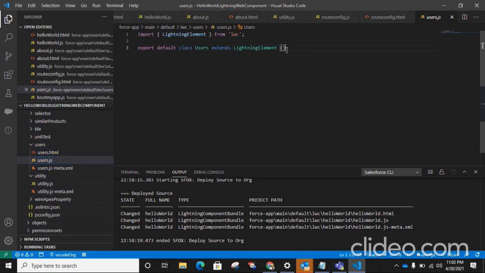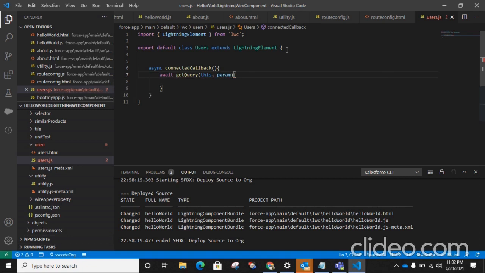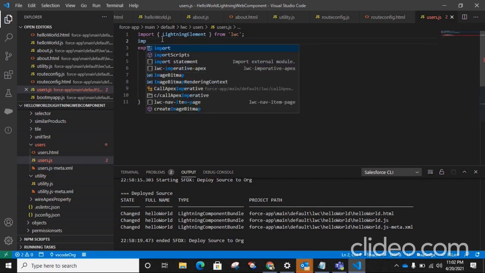So let's go to the JS file, use async connectedCallback. Get query method. This is the getQuery method of LWC router. Import it.